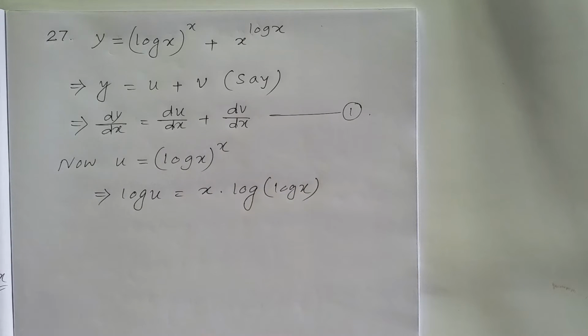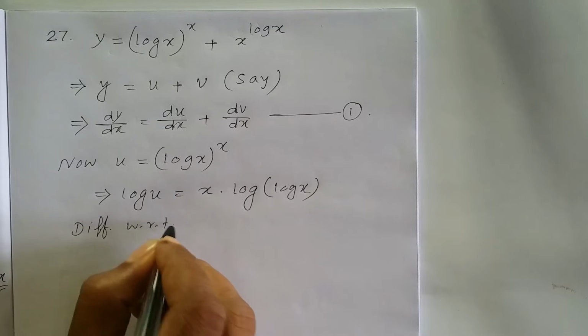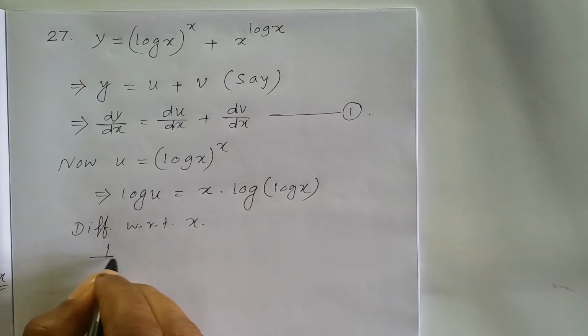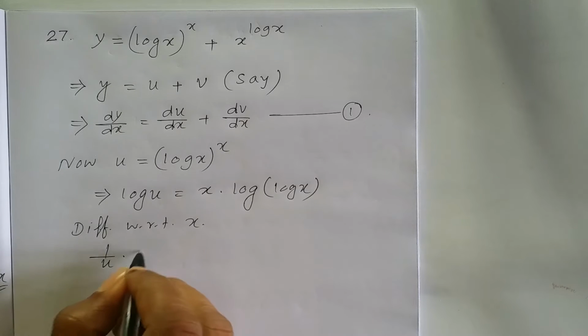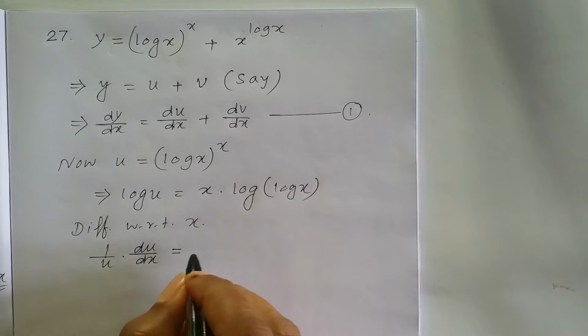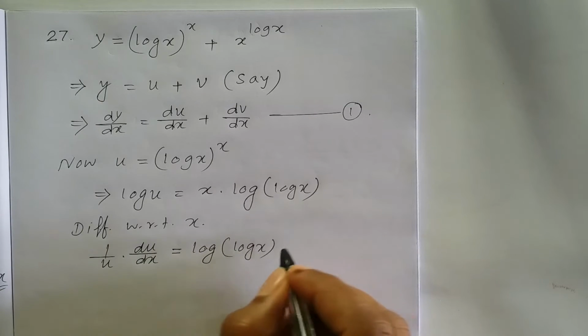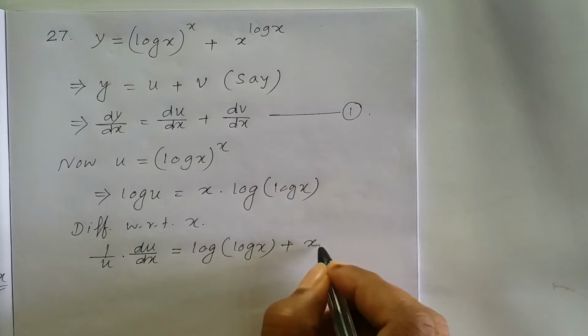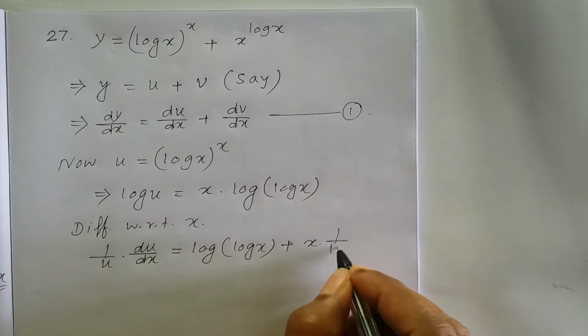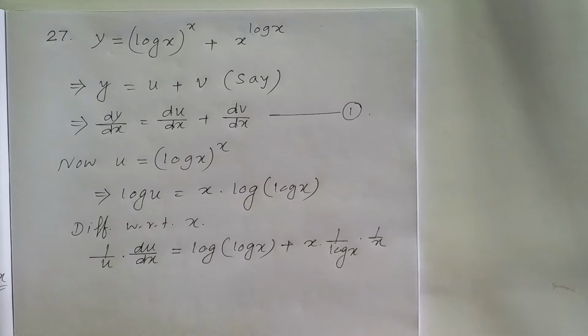So x into log of log x, differentiating with respect to x. Left hand side is 1 by u into du dx is equal to the right side: x's derivative is 1, so it is only log of log x, then plus x into this log function's derivative, which is 1 by log x, and this log function's derivative is 1 by x. So that implies du dx is equal to